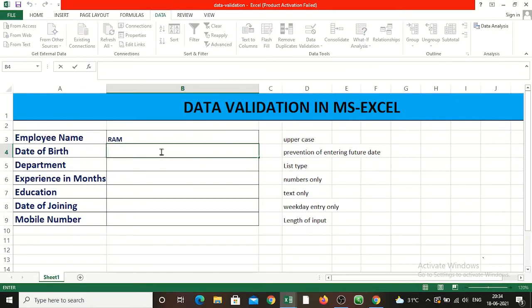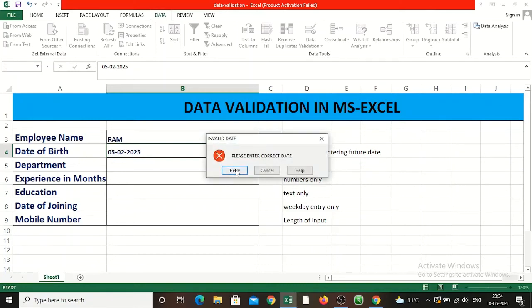Suppose I am typing the date of birth as some future date, let us say 5/2/2025. Please enter correct date. This title I have typed, Invalid Date, and this error message I have also customized: please enter correct date.